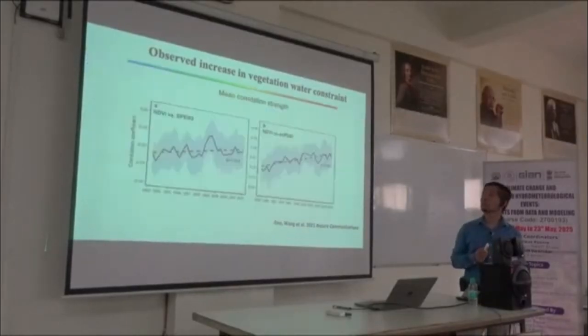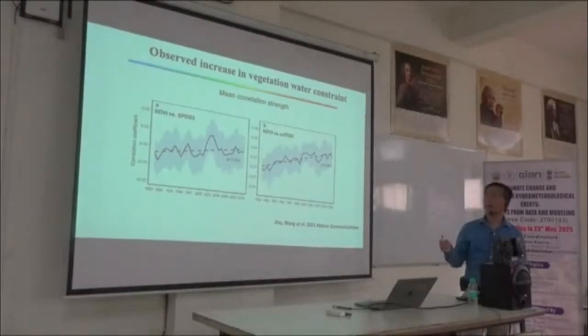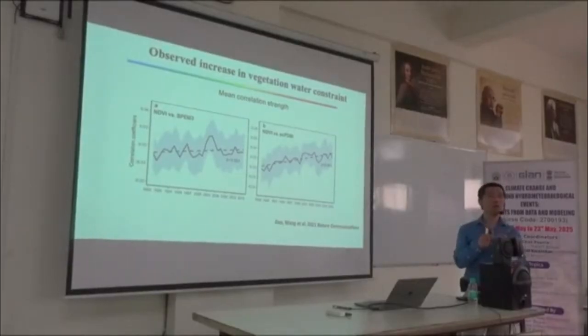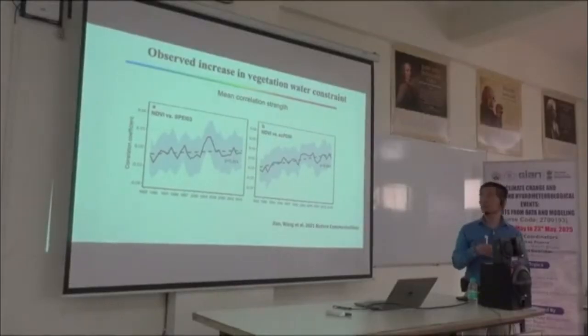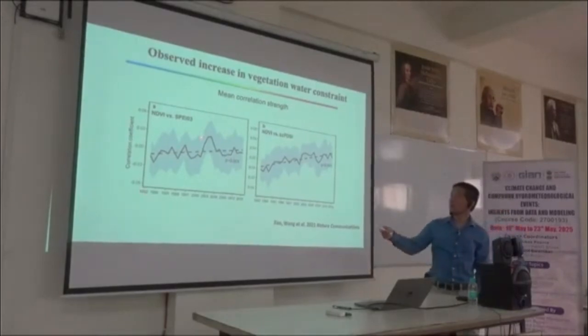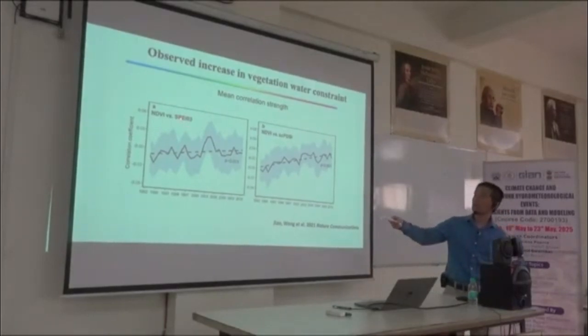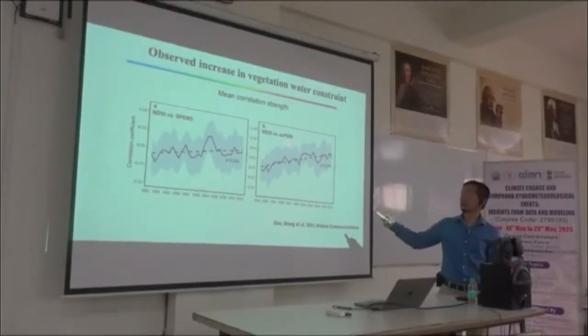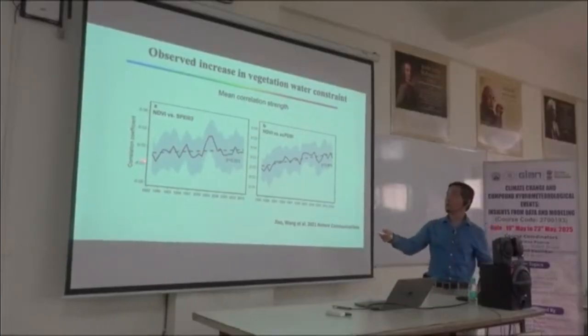The other evidence we did is we actually average all the grid cells for their correlation, right? So it doesn't matter negative, positive, we average them across the whole globe. We add up all the grid cells and we look at the average, how the average has been changing. And what we found here is regardless we use SPI or PDSI, the average of the correlation of the whole globe has been increasing,